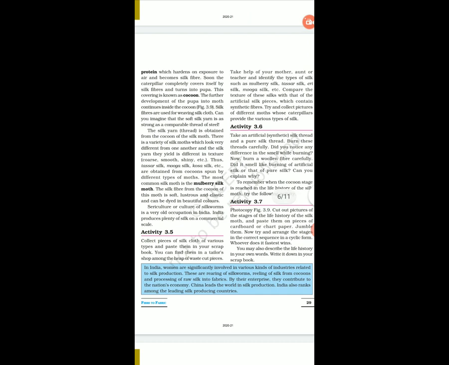And when it moves, a fiber is released, is secreted from its head, which is made up of